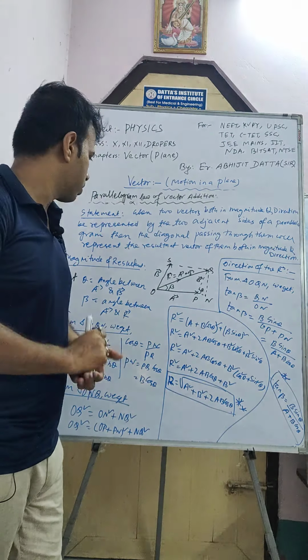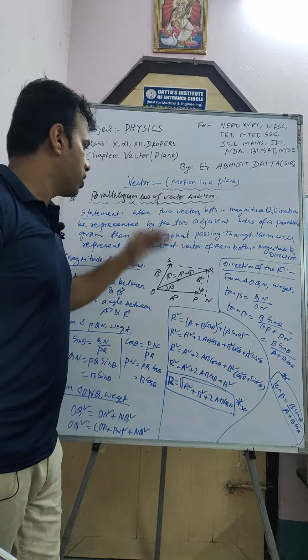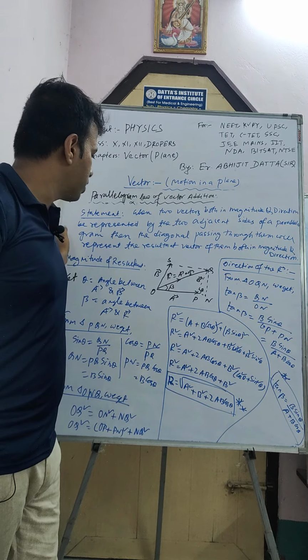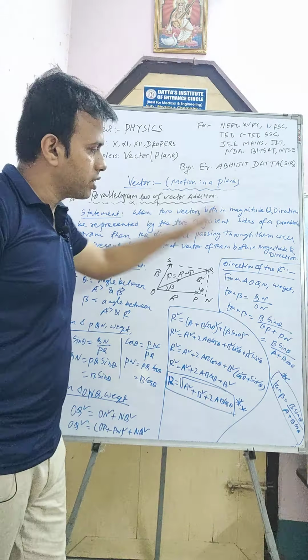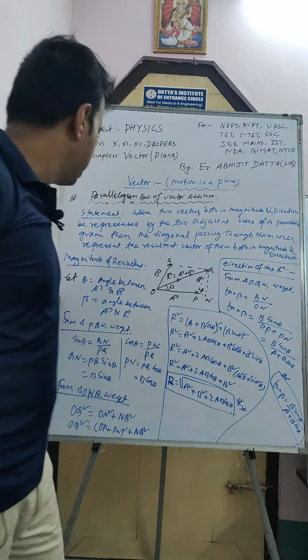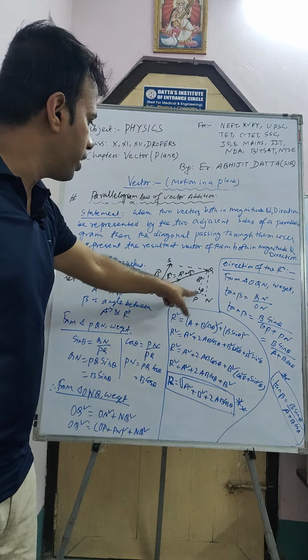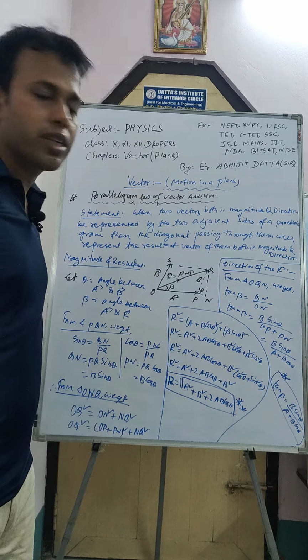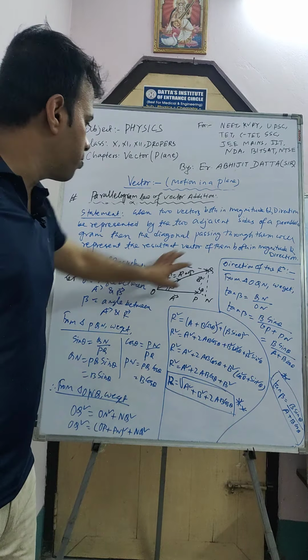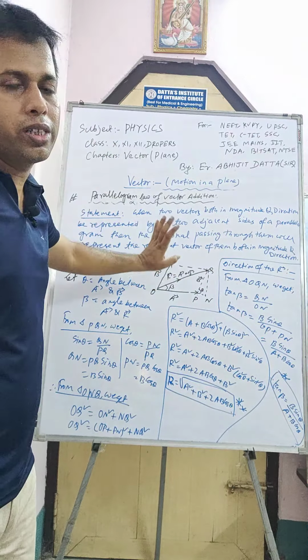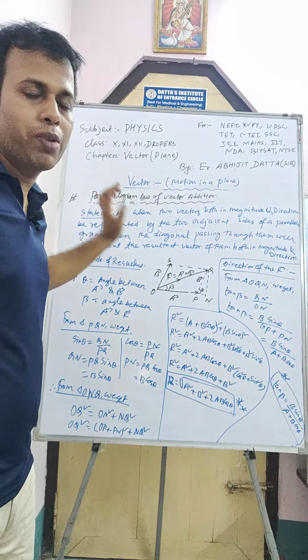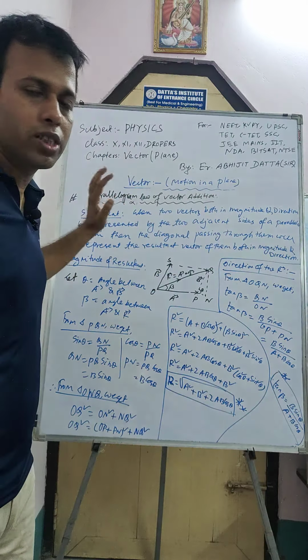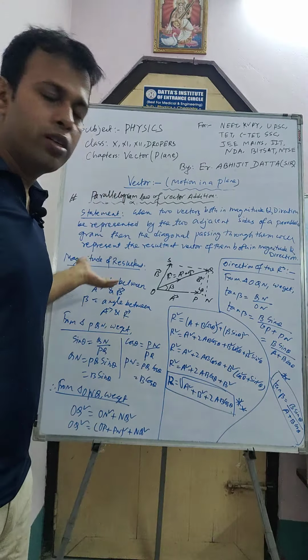Now we have to find the magnitude of the resultant vector R and its direction. For that I consider theta as the angle between A and B, and beta as the angle between the resultant vector R and the vector A, right? Now from triangle PQN, those who already watched my last video on the triangular law of vector addition already know this pattern.